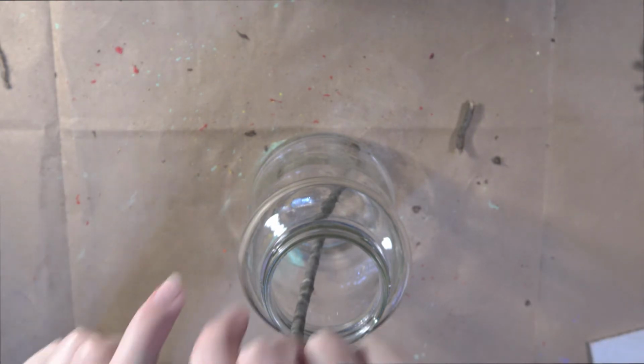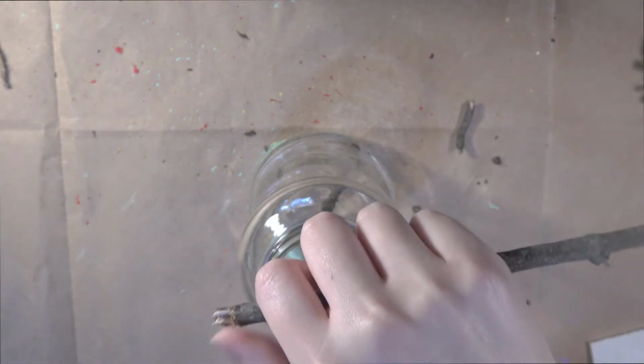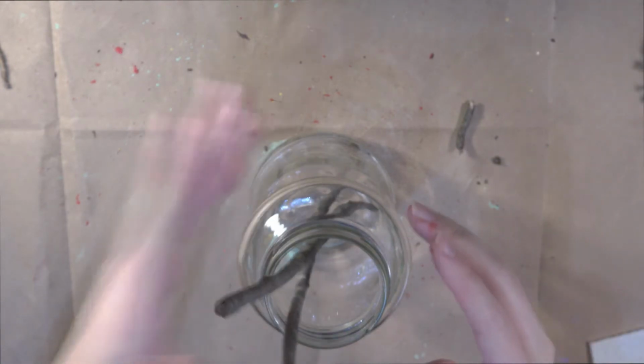So, just trying to get the right size here. And they're twigs, so they're easy to break apart. So I just want it at that height. It's perfect. So next what we're gonna do is